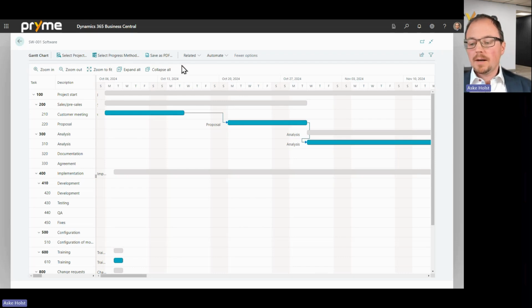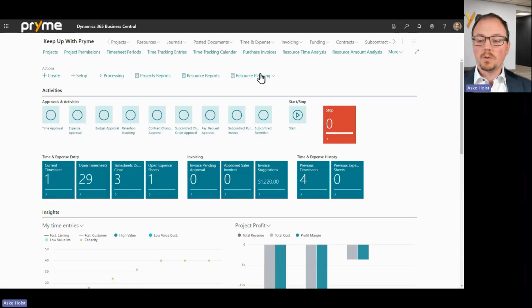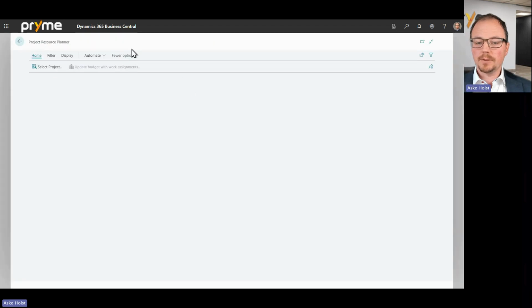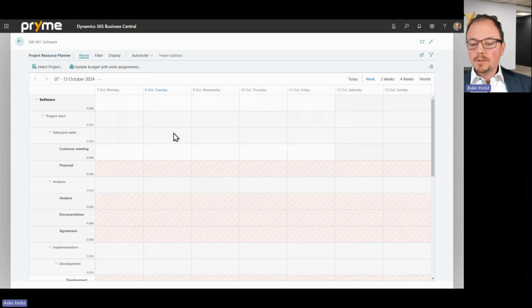With this planning, I can now visualize what that means when I come to resource planning. And this is where it really ties in, because I now have dates for customer meeting and proposal and analysis. If I'm going to do resource planning, I would probably use either the resource board or the resource planner. If I open up the resource planner for my software project, we will see that there are some areas here that are marked as